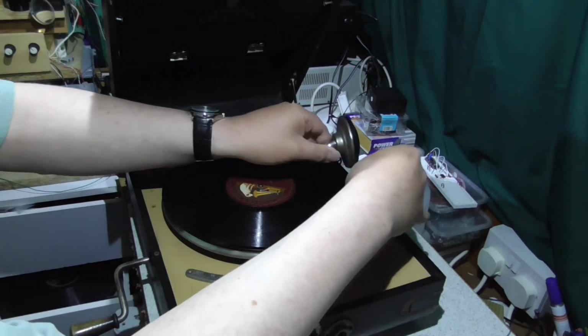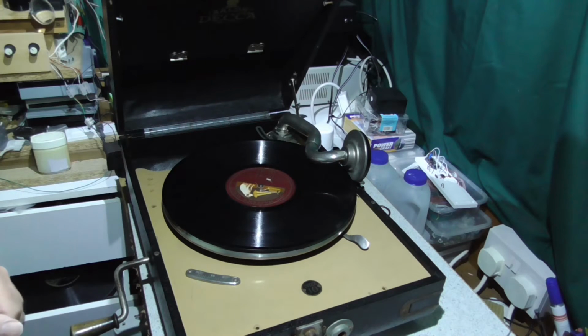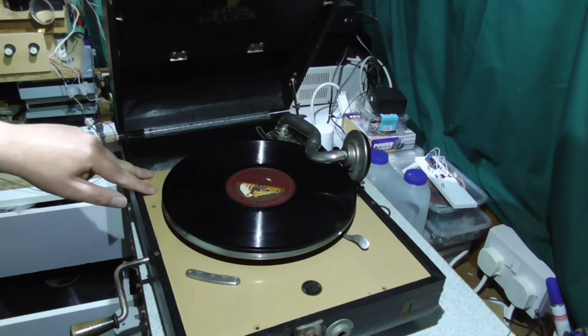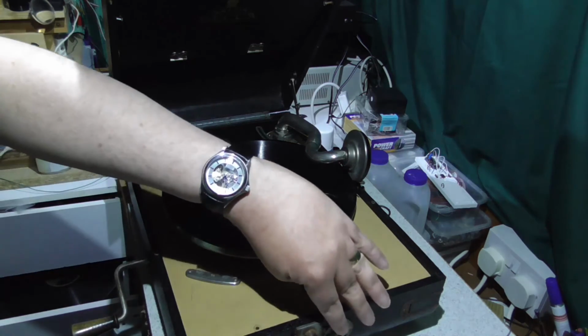So that's one gramophone that I bought in apparently non-working condition, and I genuinely didn't think that it worked, and actually with a little bit of tinkering around it seems to be just fine. Well, fairly fine. Still need to sort this bit out here. There's definitely a couple of clips missing here, which I think the winding handle will go into, and I need to decide what I'm going to do with this